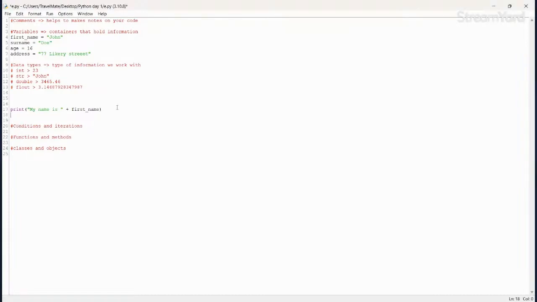Or we can have something like, my age is, and then what you do is you can just simply add age. So now, guys, as you can see, I'm using this plus operation. This is what we call concatenating, right?